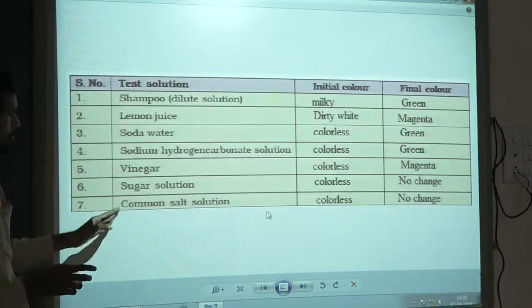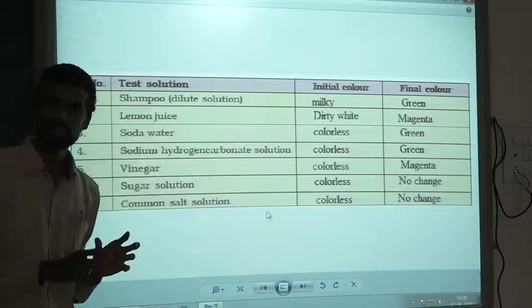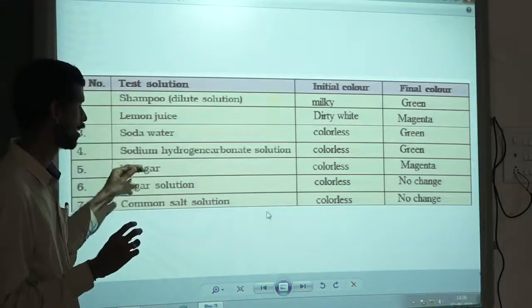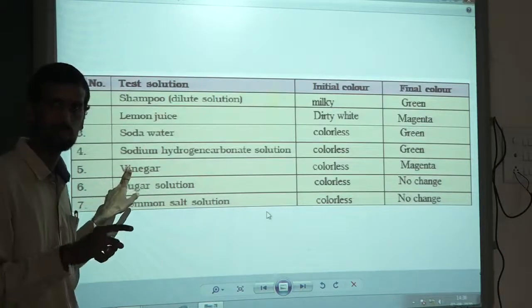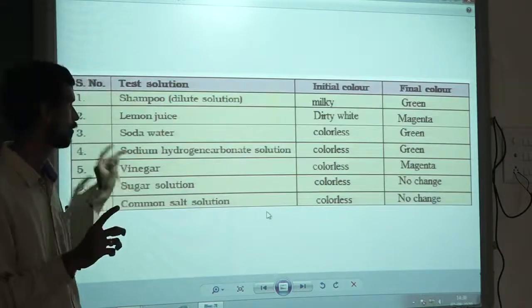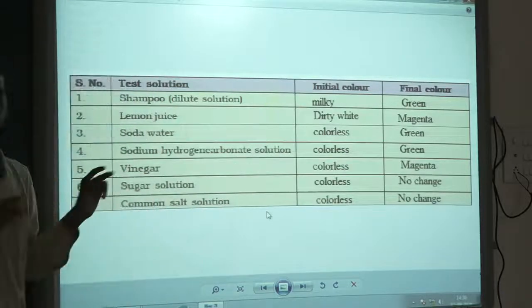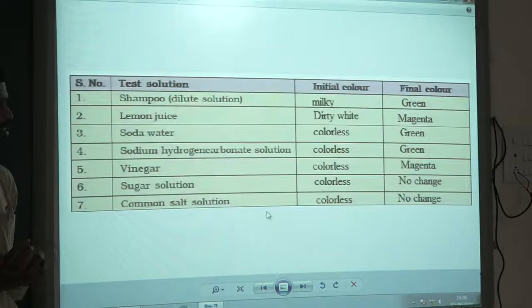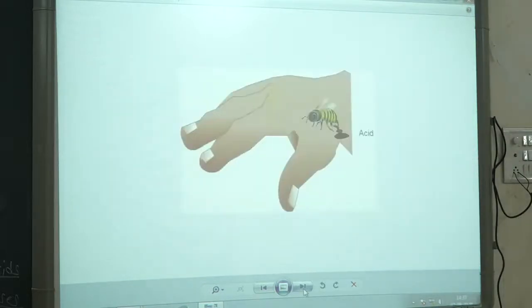So some substances are there in 5.3 also and 5.4 also. Same results means the chemical nature is same, right? Like vinegar, we have tested with the turmeric, and we have tested with China-Rose petal solution. So the chemical nature of vinegar is acidic. So likewise, these all substances you can try at home. Okay. So I hope you are clear with this. You have noted it down, and you can try at home. So we'll move to the next thing.